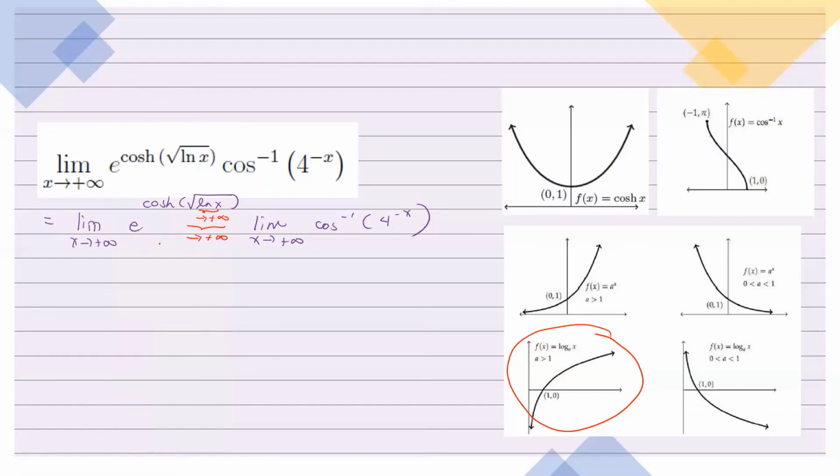Next, hyperbolic cosine. Para sa hyperbolic cosine, pupunta ng plus infinity na sa loob ng hyperbolic cosine kasi ito yung nakuha natin kanina. So, as x approaches plus infinity, hyperbolic cosine approaches plus infinity as well. And then, finally, ang e to the plus infinity ay pupunta rin ng plus infinity. Okay? So, kung sakaling hindi naman 0 yung cosine inverse of 4 to the negative x as x approaches plus infinity, then